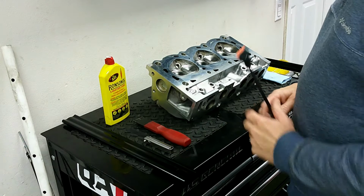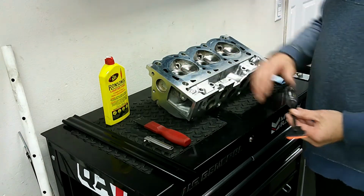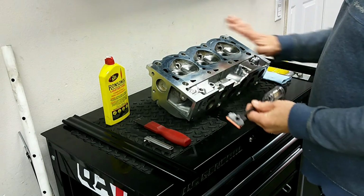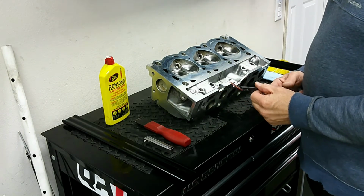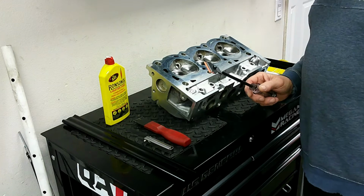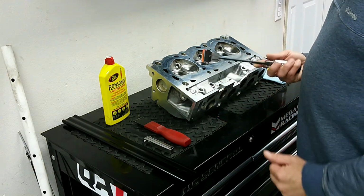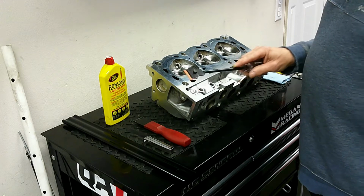The first thing that you want to do is get all the debris off the surface. This was machined last time I had the motor rebuilt, so it's in pretty good shape right now. It's also an aluminum head, so you have to be real careful about removing debris from it. I recommend using a plastic blade